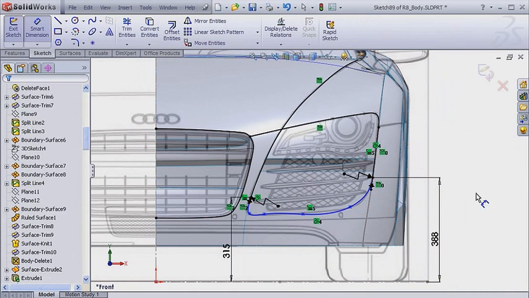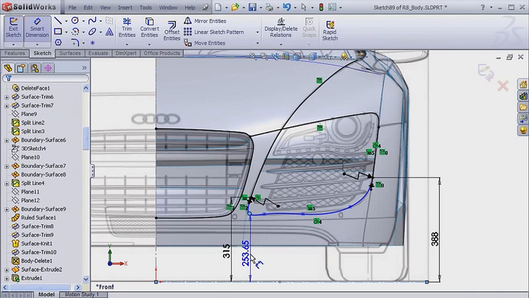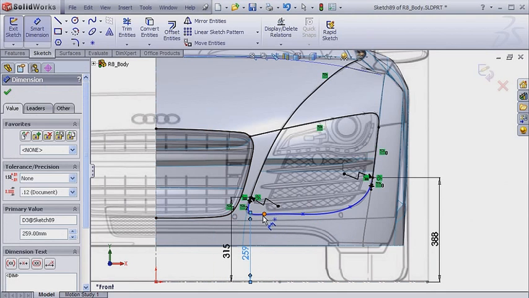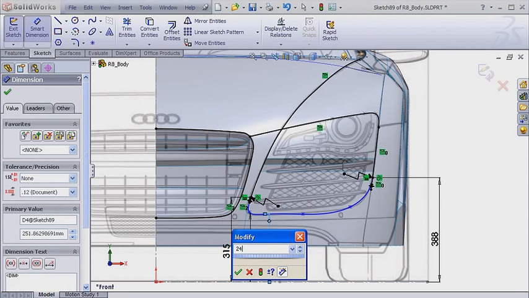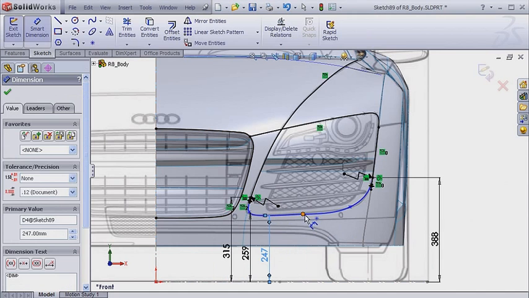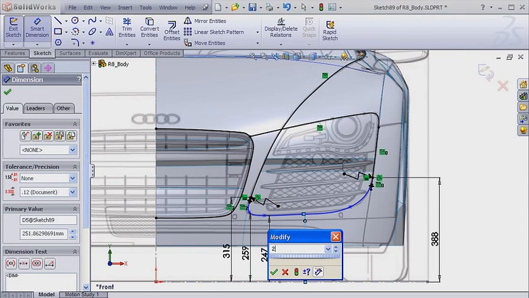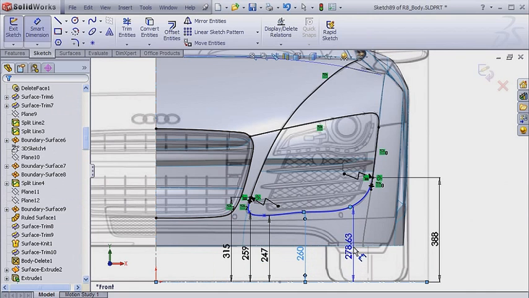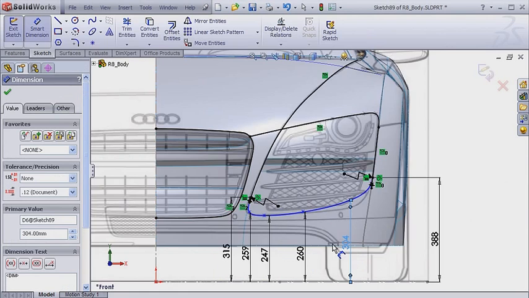Press S and select the Smart Dimension tool. Now click this point and this horizontal line and enter a value of 259. Click this point and this line, enter 247. Now click this point and this line, enter 260, click this point and this line, enter 304,